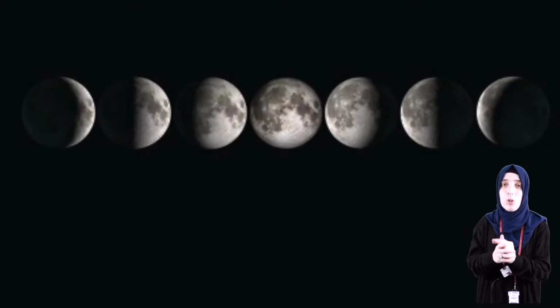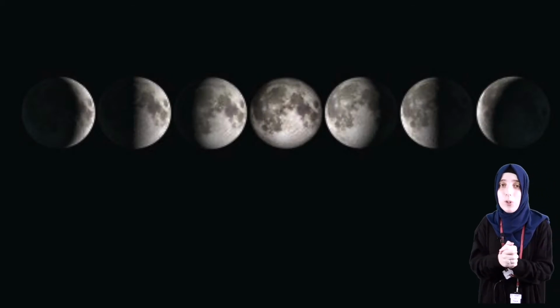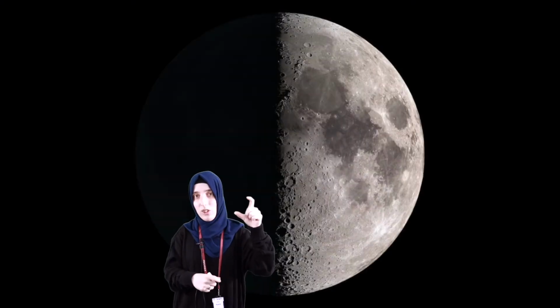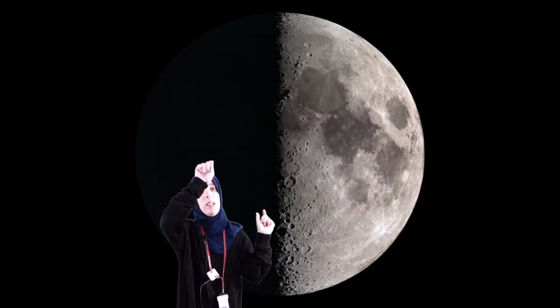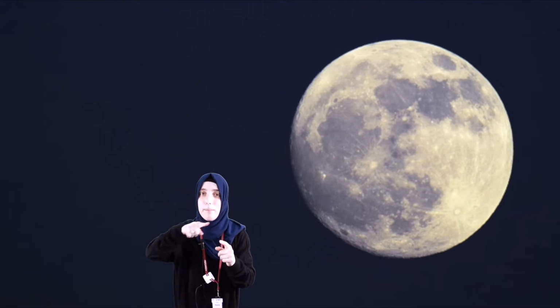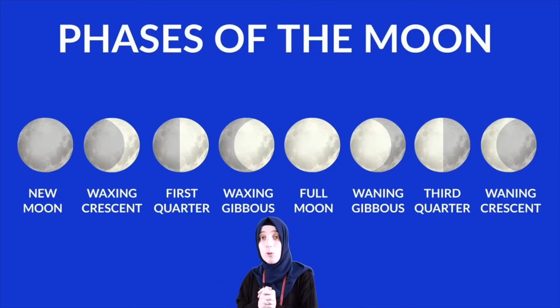Now, let's talk about the shapes that the moon goes into. So first of all, it goes into a quarter shape. And you can see from over here the types of sizes that it goes into. And then you can see the full moon is in the middle, the center. And then it comes quarter, quarter, quarter, quarter. Full moon, crescent, crescent, crescent, crescent, like you can see up there. Now, once we've done that, we are going to now talk about the stars.